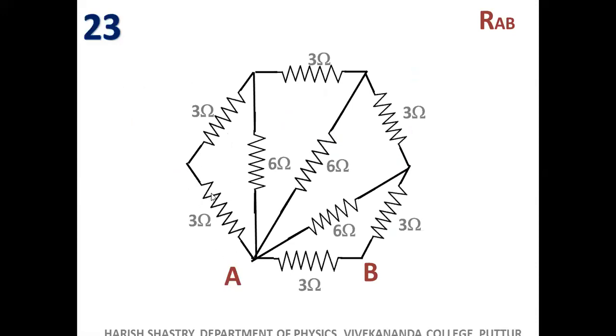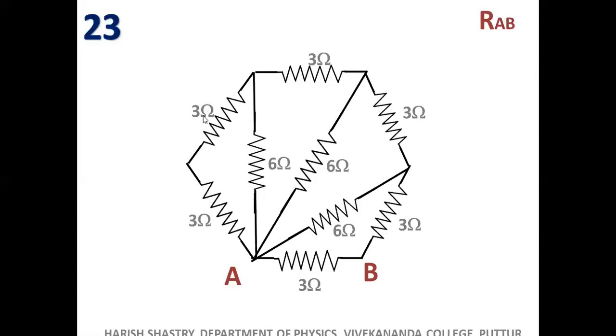And remember, from no other point you can start solving this. You can't start solving from here to here, because there is a B here. If you say that 3 and 3 here are in series, you will lose B. So this point is not possible. Here, not at all possible, because you have intermediate connections. And here is the only path where you can start cracking it. This is the cracking point, right?